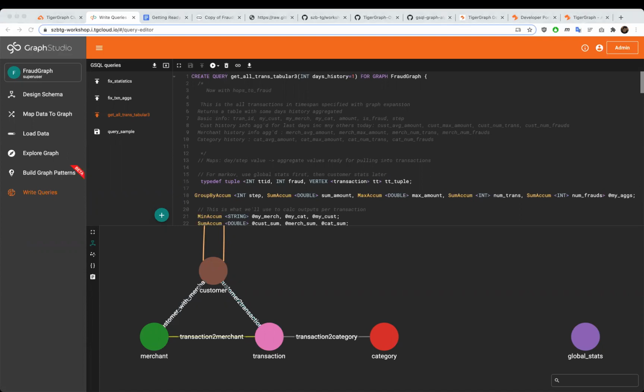So queries in TigerGraph are what you would call a stored procedure in a relational database. It's a piece of code named, saved, and executed in the database, operating over the data stored in the database. Queries have many benefits. First, they run in the graph, so there is no need to move the data out, for example, to extract data into a Python or R or whatever environment and run it locally.